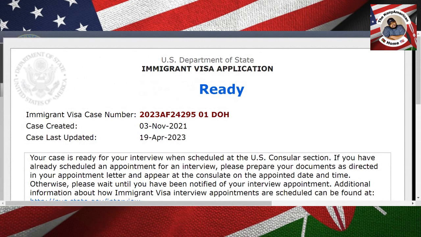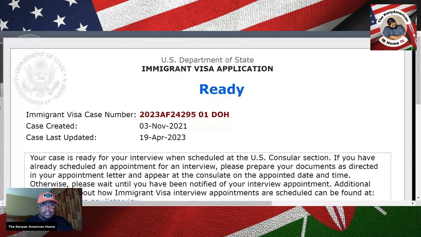Is ready for the interview. So this person has already received their 2NL, which is a second notification letter. The first notification letter was the letter you got when the embassy told you that you've been selected. That's the first NL. And then the 2NL is when the embassy tells you that